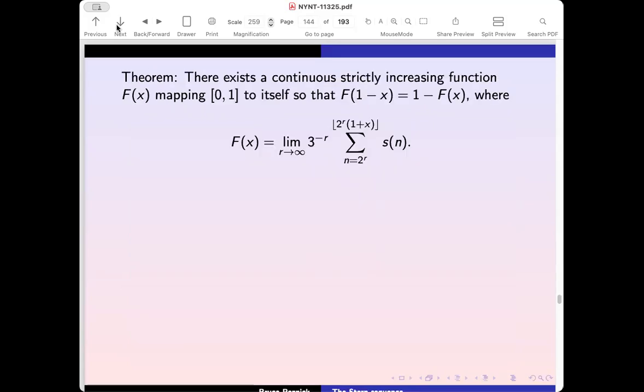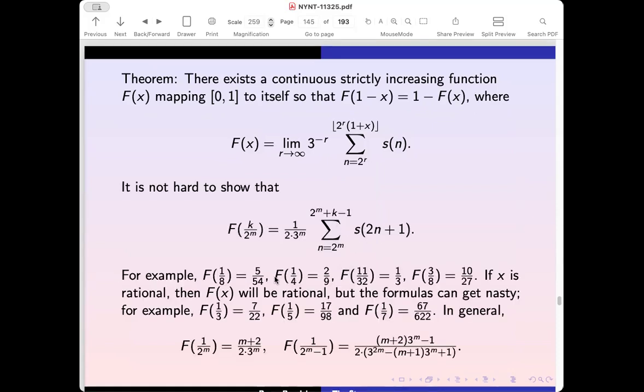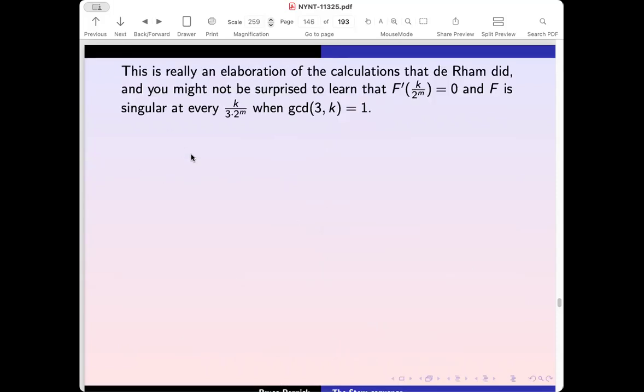And there is a limiting function that comes up to the summation. It's not hard to get exact values. These aren't so bad. It's just incredible that f of 1/7 is 67 over 622. You almost think that you made a mistake, but I found this 2 different ways, so I think it has to be correct. And then that function f has the fact that its derivative at every